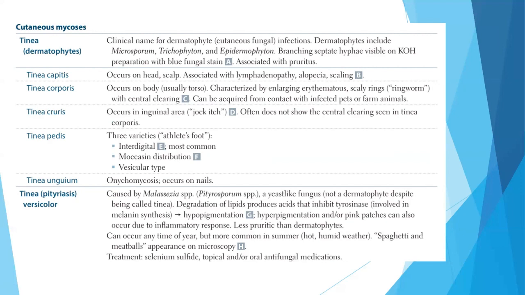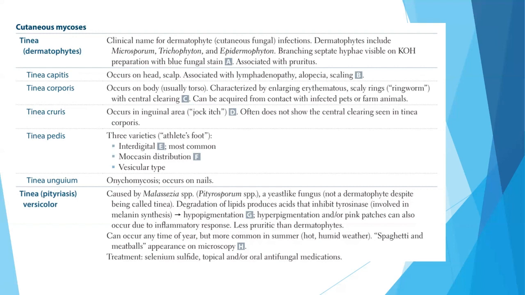Tinea cruris occurs in the inguinal area, which is also called jock itch. It often does not show the central clearing seen in Tinea corporis. Tinea pedis has three varieties, and is like athlete's foot. Interdigital is the most common, with a moccasin distribution, and has a vesicular type pattern. Tinea unguium